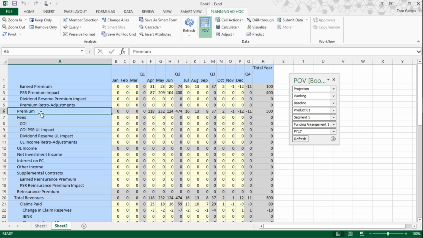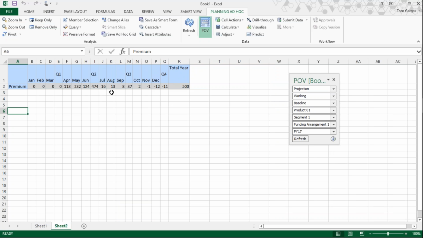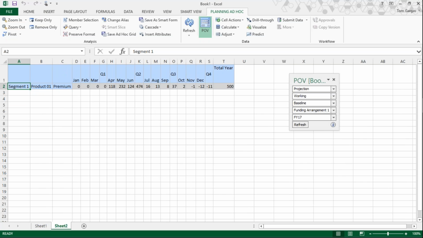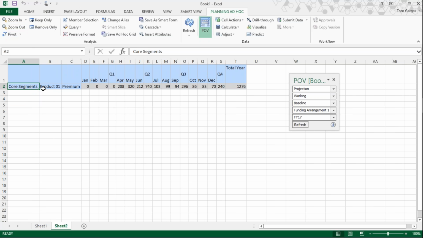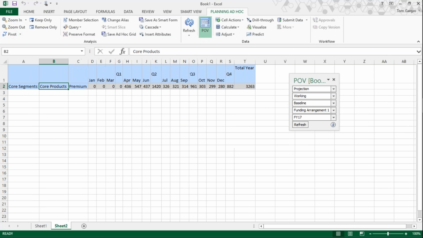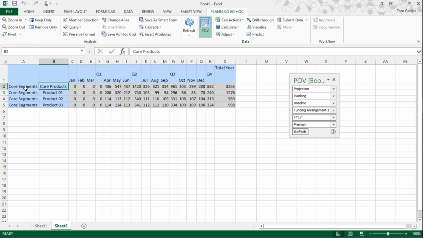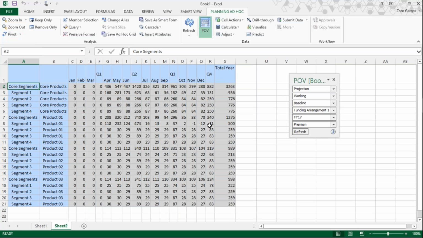For example, I want to focus my attention on premium revenue, so I highlight that account and do Keep Only. I can drag and drop my products to my rows. I can drag and drop my segments to my rows, and I can drill up on both. I can pivot my account back into my point of view, and I can just drill down on my products and segments,